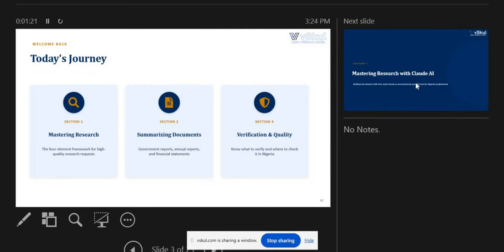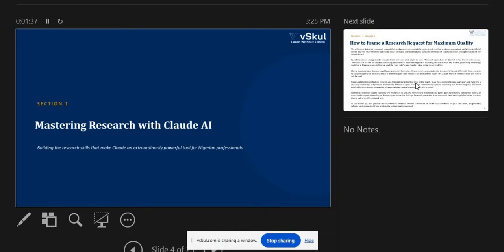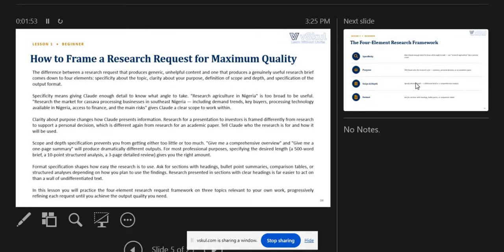So the focus sections we're going to cover in this module include market research, summarizing documents, and verification and quality, right? We'll go on the first one, which is mastering research with Claude AI, and it involves building the research skills that make Claude an exceptionally powerful tool for Nigerian professionals, right? The first lesson is how to frame a research request